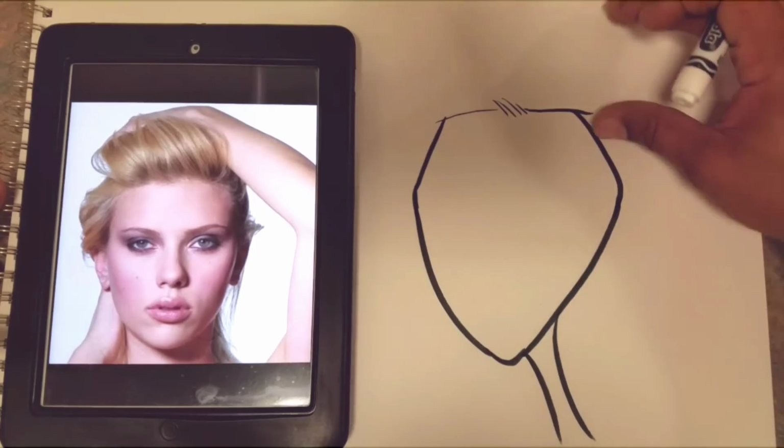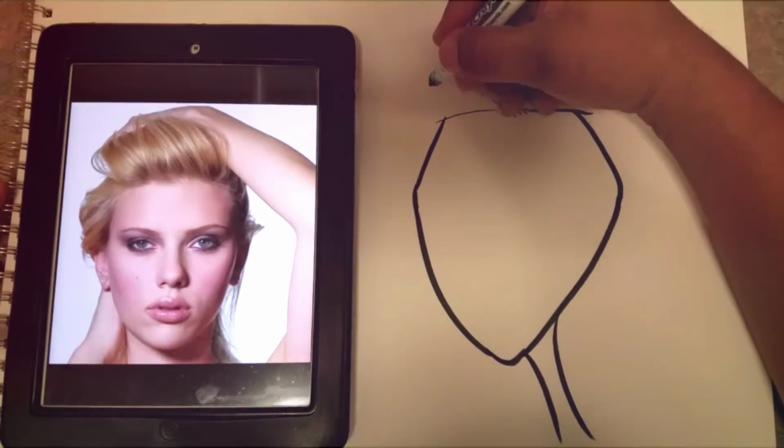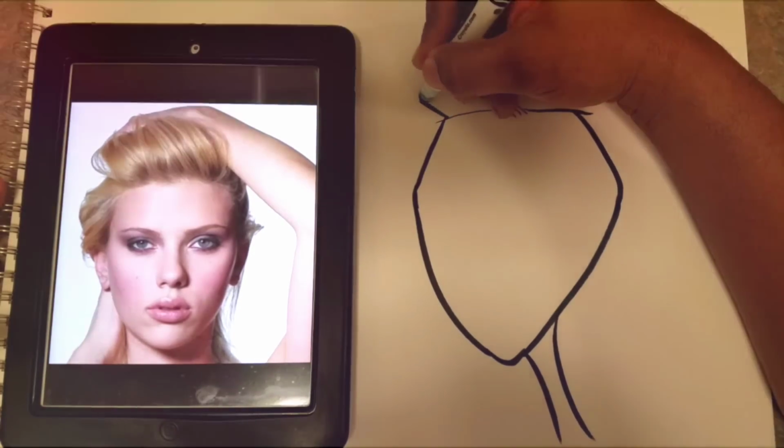Now I'm going to go ahead and I'll add the hair shape. Okay, so I'll start with however the picture comes to me. So I'll do something like this. We'll look at how her hair is here, and we'll do